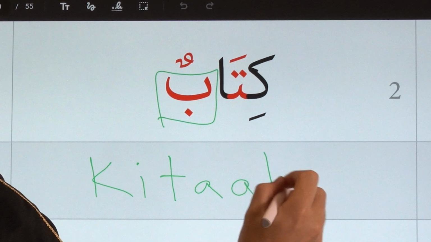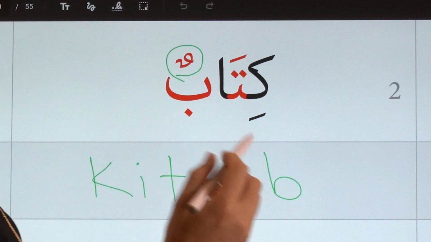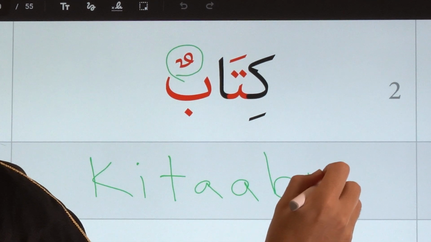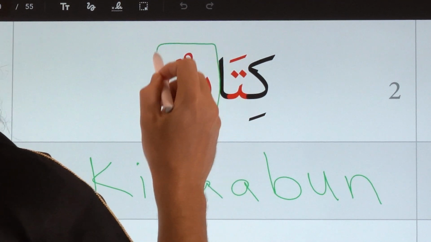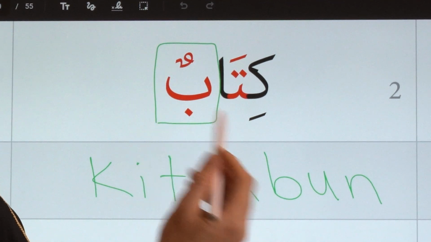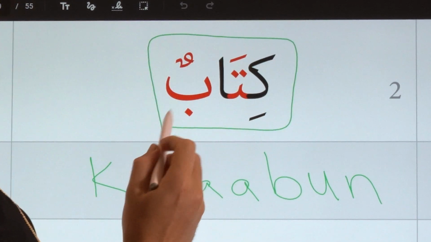So we'll write a B for the letter ba. And above the ba we have tanween dhamma. So we'll write a U for the dhamma and N for tanween. So the letter ba with tanween dhamma would be pronounced bun. Bun. So if we read all of these letters together, we would say